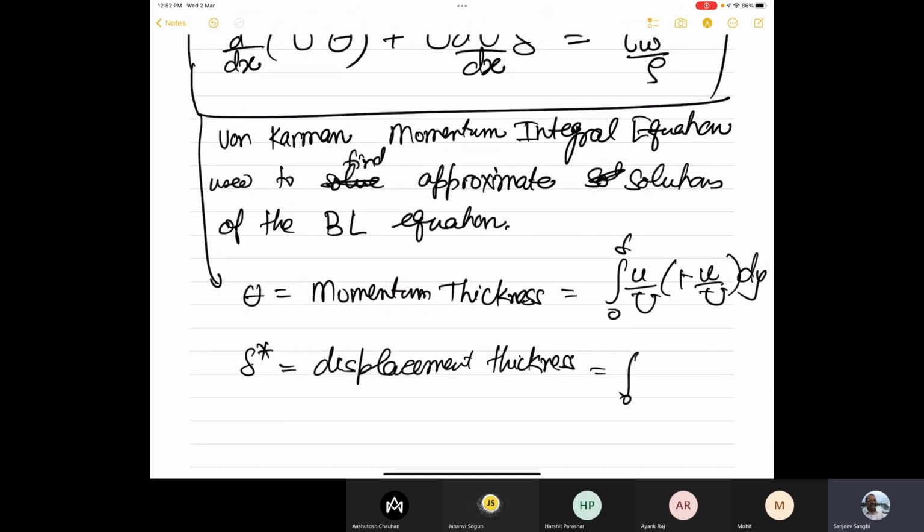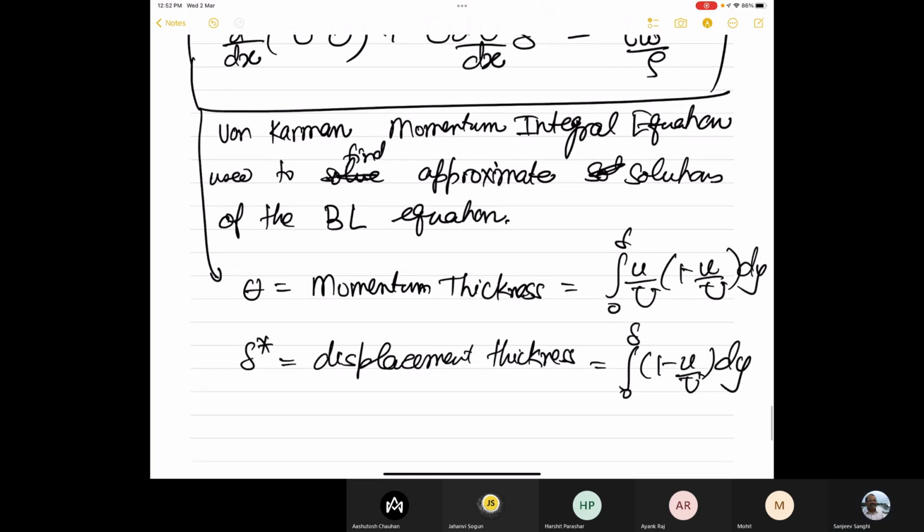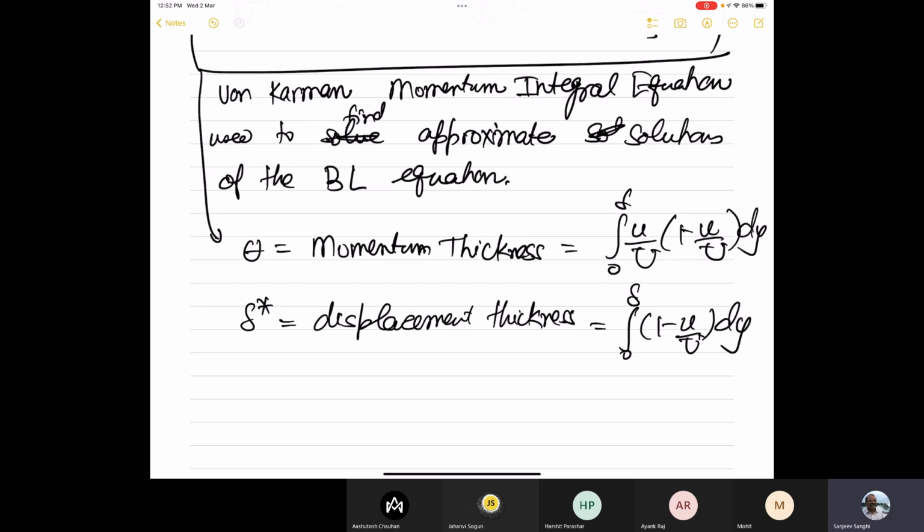This is equal to the integral, and tau wall is equal to, so this is the momentum integral equation. Okay, so we have derived this. Now what we will do is, before we talk more about the momentum integral equation,